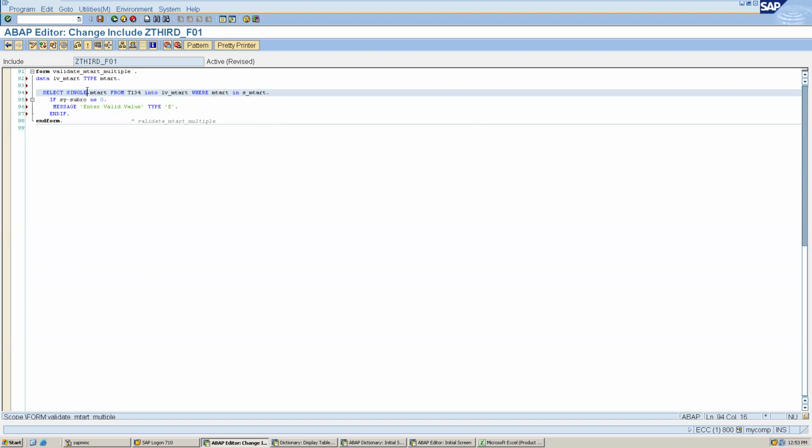So here we have to select all the MTRT from this into this, where this, and we have to select only one. So up to one rows. Why do I want to select one? Because I am just validating this. Okay. So let it make into this up to one rows, where this. Why am I selecting one?